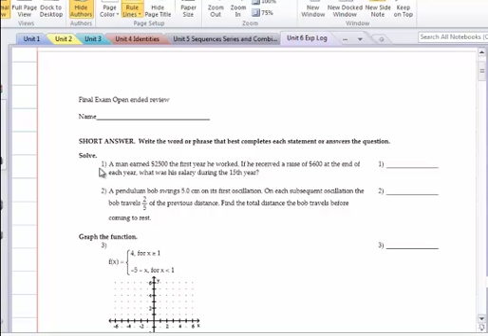So on the first problem here, we see that a man earns $2,500 the first year he worked, and he received a raise of $600 at the end of each year. What was his salary during the 15th year? So what we want to do is we want to